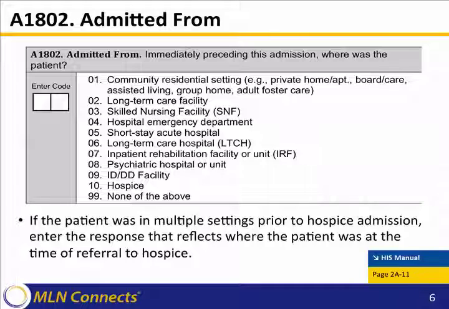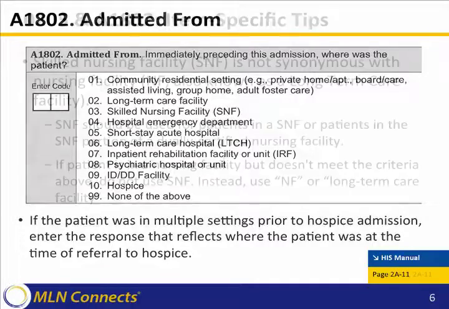If the patient was in multiple settings prior to the admission to hospice, choose the response option that reflects where the patient was at the time of referral to hospice. For example, suppose a patient was both in the hospital and at home in the week prior to admission to hospice. In this situation, the patient was in the hospital when they were referred to hospice and were then discharged to the home 2 days prior to the start of hospice services. In this example, select response 5, short stay acute hospital, since the patient was in the hospital at the time